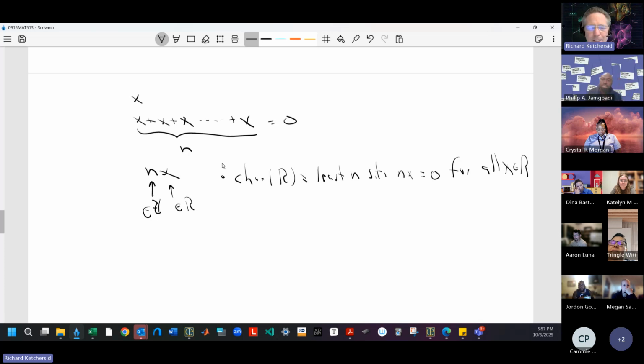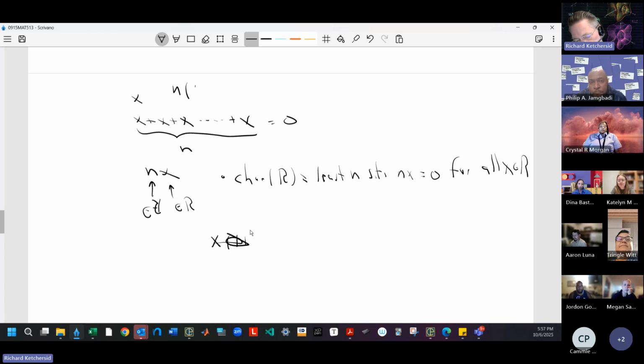I think rings can have kind of funny characteristics if the ring doesn't have a unit. Okay, so let me just sweep that under the rug and say we're only going to really use this for the most part for rings with units, right? So when we're in a case with a ring with units, then this x plus x plus x plus x can be turned into x times 1